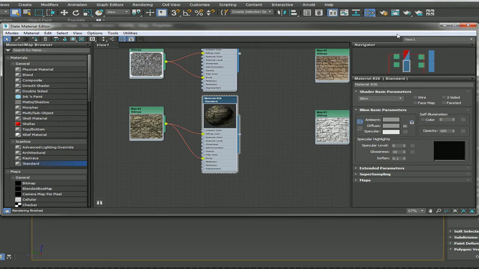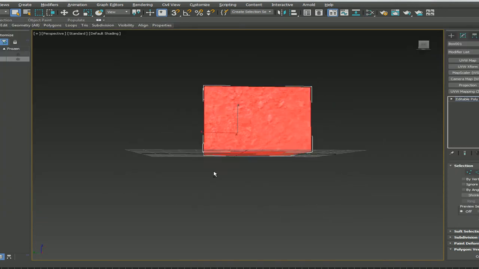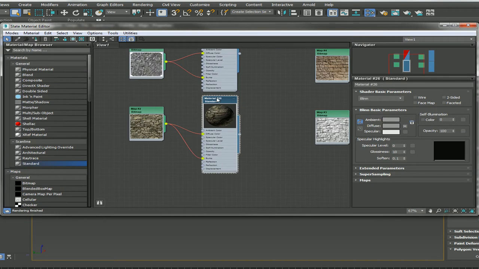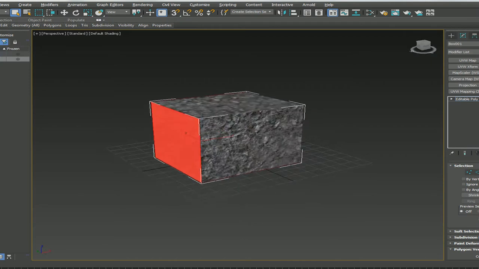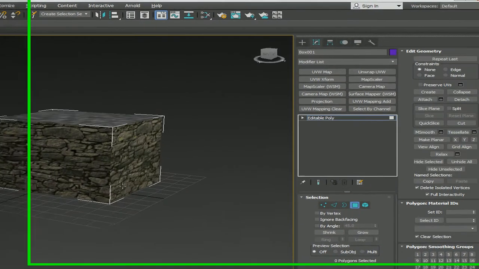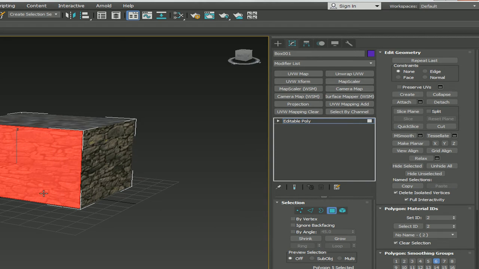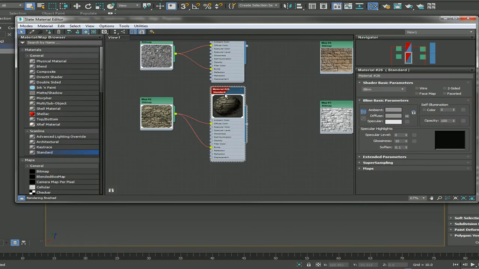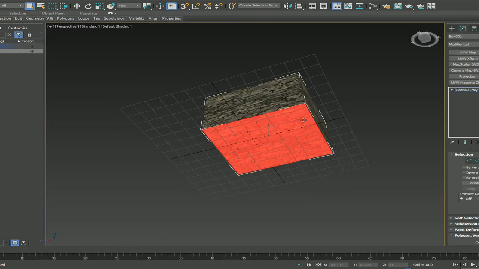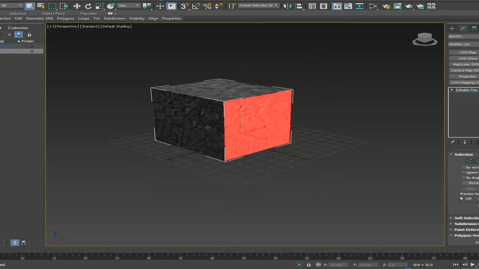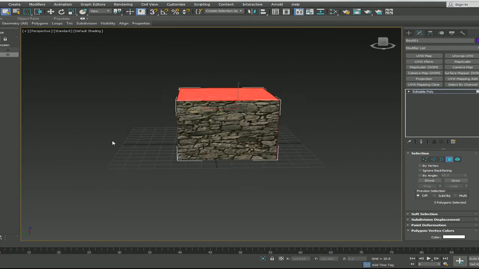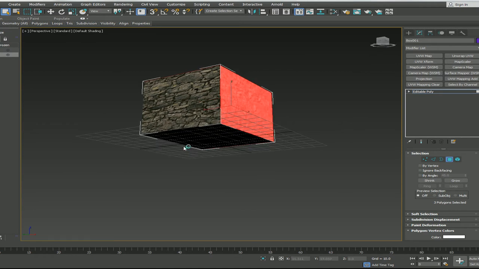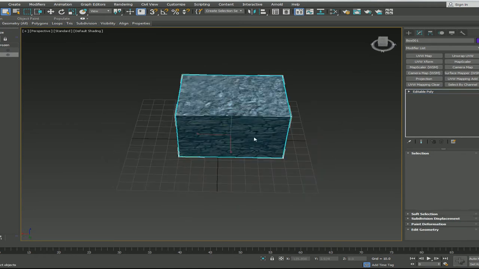So I select these faces and apply this, and make sure I show it. And now I have 2 textures on 1 object. Now I can select this one, material ID 2, material ID 2, material ID 2. That's been designated because this material has been placed on the actual object. I have a strong suspicion that these are still going to be different numbers. No, these all have applied to a single number also through the actual process of applying a second material to this object. Now if I make an instance of this,